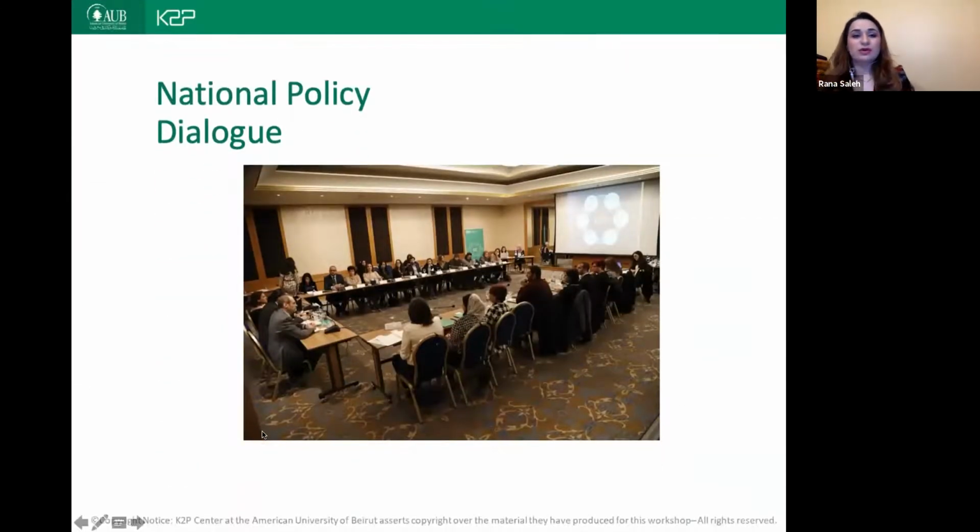So this is an example of a national policy dialogue where we shared the results from our policy brief and from our citizen consultations. We had 7 ministries on that table. We had researchers, national and international organizations, parents' representatives, teachers, school principals, and so on, in order to discuss all of the policies that we were recommending.